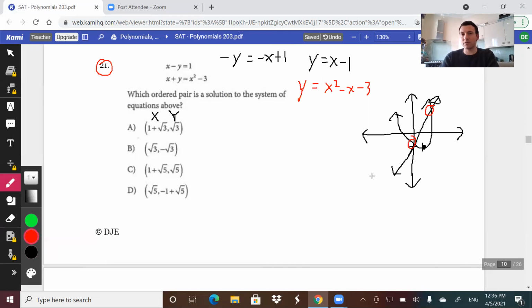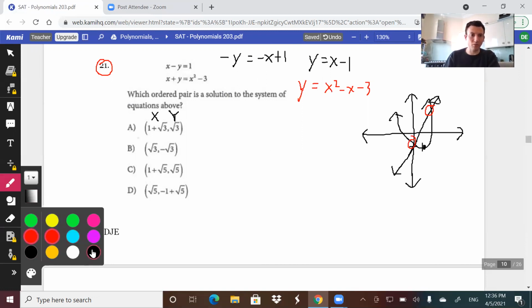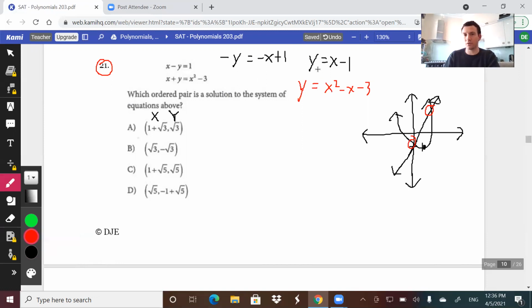So how do we go about doing this? Well, what we do is we have both of these equations set equal to y. Now we can set them equal to one another to figure out what x is when they cross. So we have x minus 1 equals x squared minus x minus 3. Move everything over to one side. So 0 equals x squared minus 2x